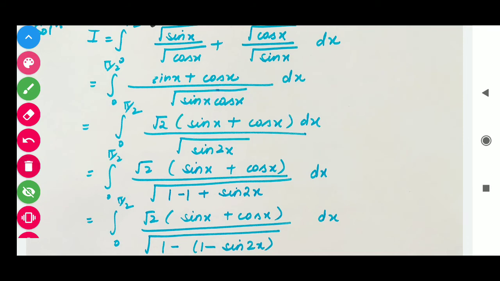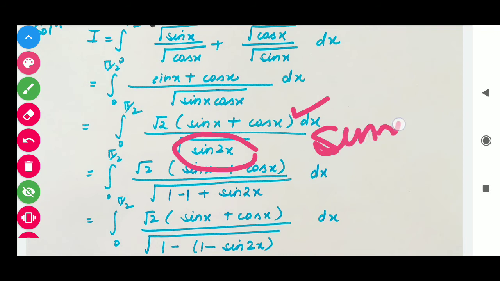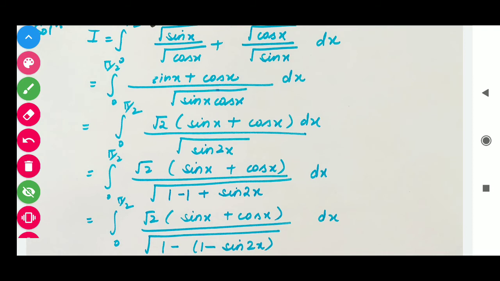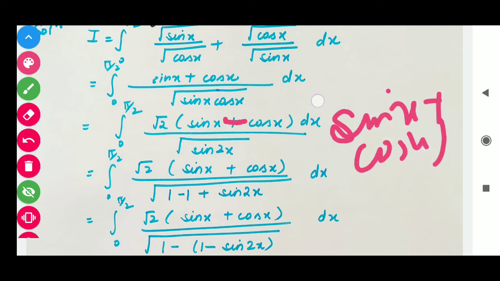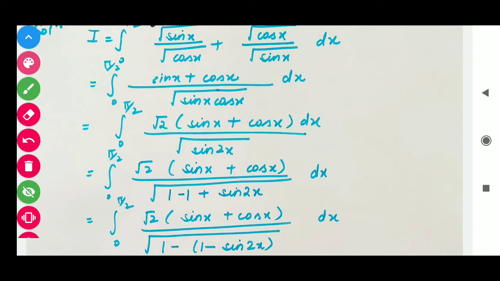Okay students, आपको denominator में फॉर्मूला बनाना है sin 2x की हेल्प से, कि जब आप उसे पुट करेंगे, मतलब जब हम वहाँ सब्स्टिट्यूशन मेथड अप्लाई करेंगे, तो आपका एग्जैक्टली न्यूमरेटर बनना चाहिए. Okay, so here we have sin x plus cos x. Then you have to make the formula of sin x minus cos x whole square or cos x minus sin x whole square. Suppose students, if there is a negative sign, then we make the formula of sin x plus cos x whole square in the denominator.